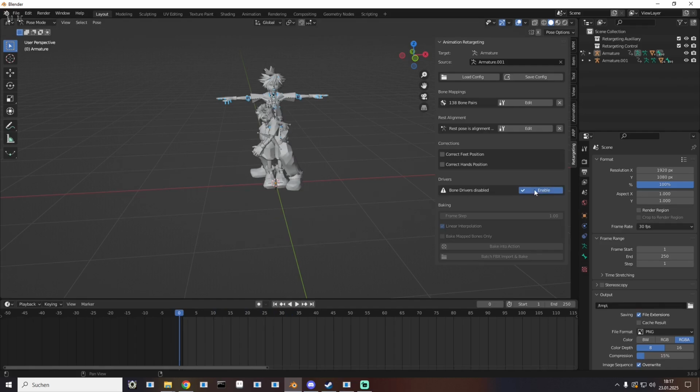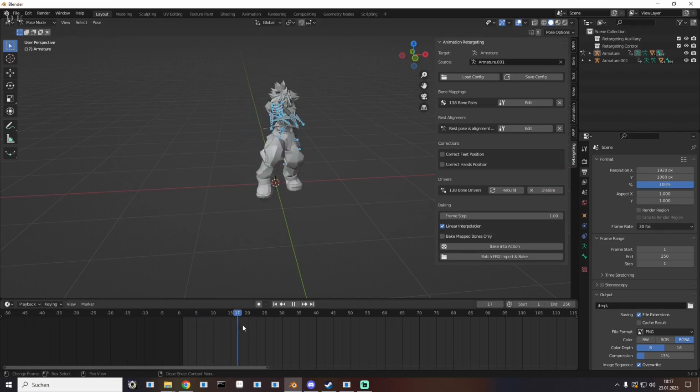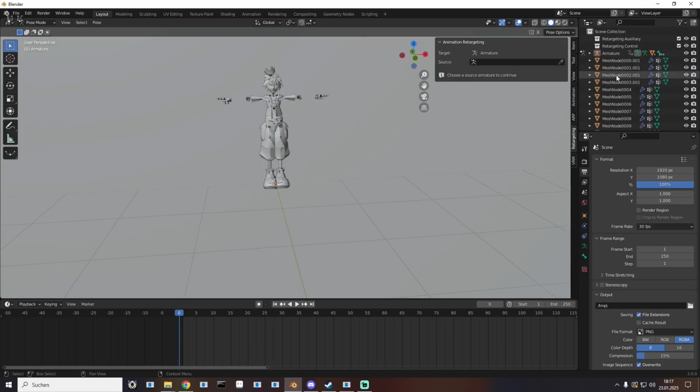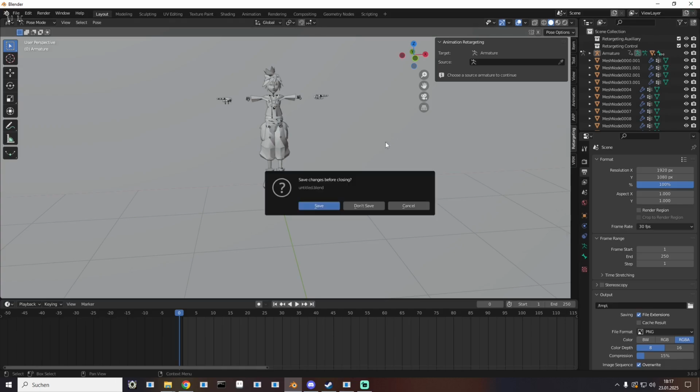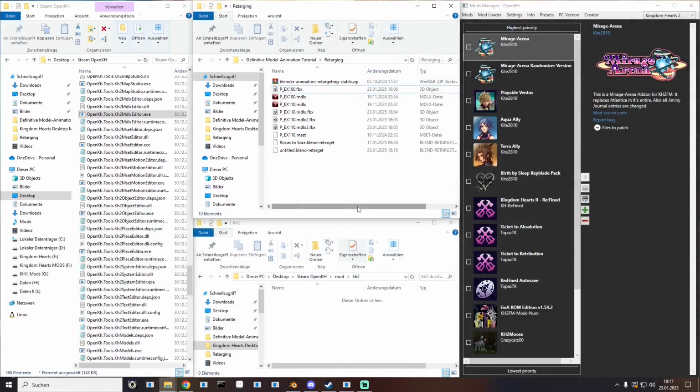Going to click the bone, enable the bone drivers again. Playing his animation, which looks like a charm. So after that you normally can just delete the animation that you have here, but sometimes the tool is a little bit buggy. So what you're gonna do is close that,